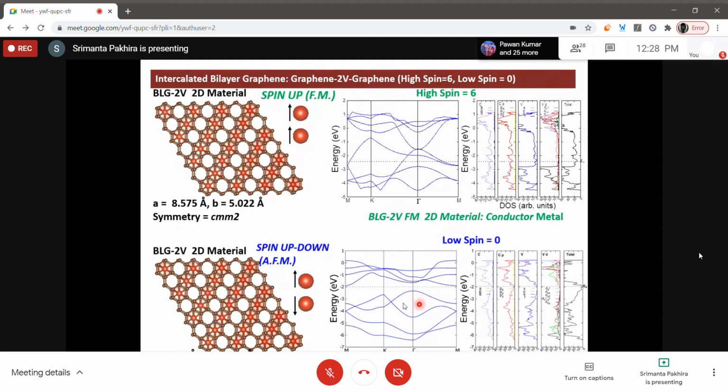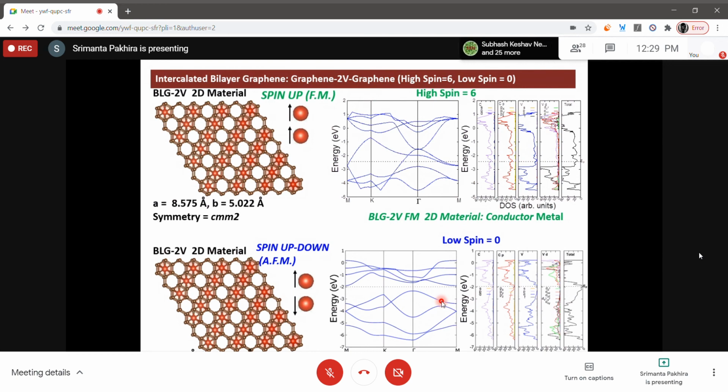What we observe, this is the Fermi level, the valence band is below the Fermi level and the conduction band above the Fermi level. They are not crossing each other, so basically it's not crossing the Fermi level. There is a small gap, let's say around 0.2 or 0.3 eV, an indirect band gap. We also calculated the p orbital and d orbital of vanadium and the p orbital of carbon. In every case we observe that occupied states are there, but the density of states at the Fermi level is definitely 0, and there is a gap, on the order of electron volts or millielectron volts.